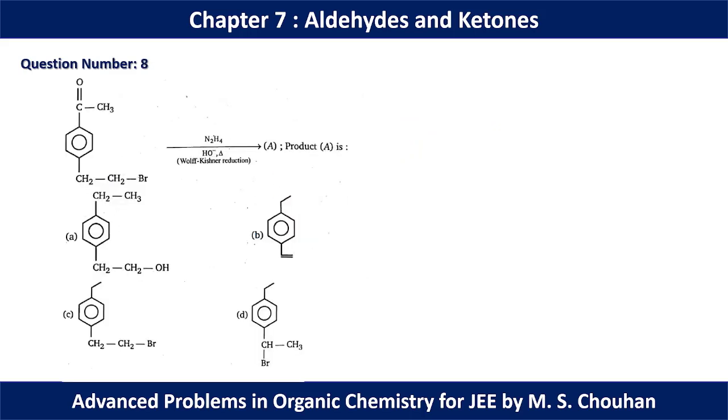In question number 8, we have used hydrogen and OH minus. So in this case we can say that we have CH2 in this position, okay, and as in the basic medium elimination is preferred, we have a perfect position for the elimination. So along with the reduction there should be some elimination product also. So for question number 8, option B should be the correct option.